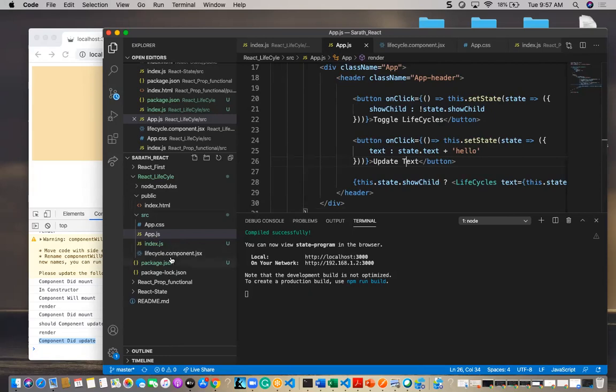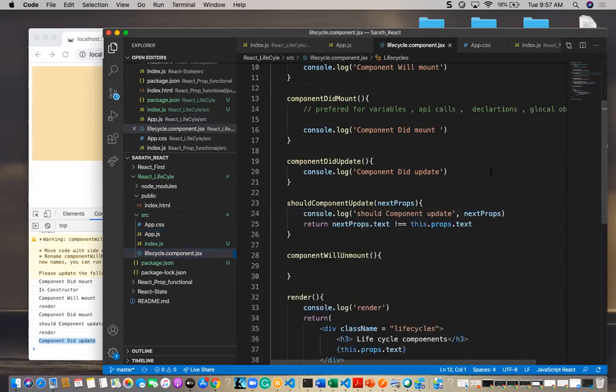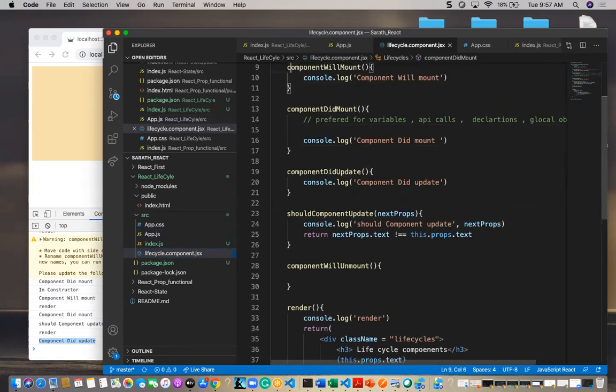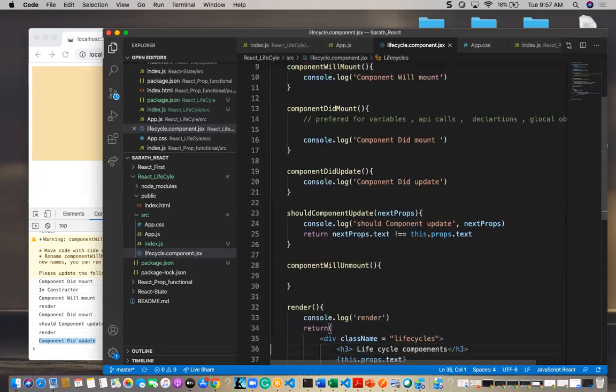The lifecycle methods are executed with the component from the top. Constructor will be executed at the very first point of time, and componentWillMount, and it will come down here, and after render only it will execute componentDidMount.